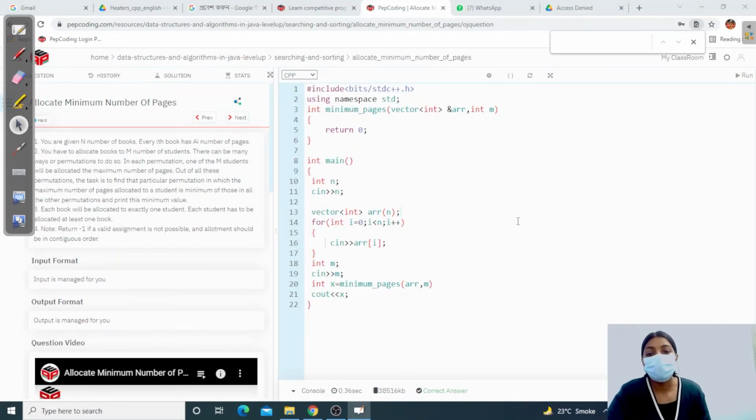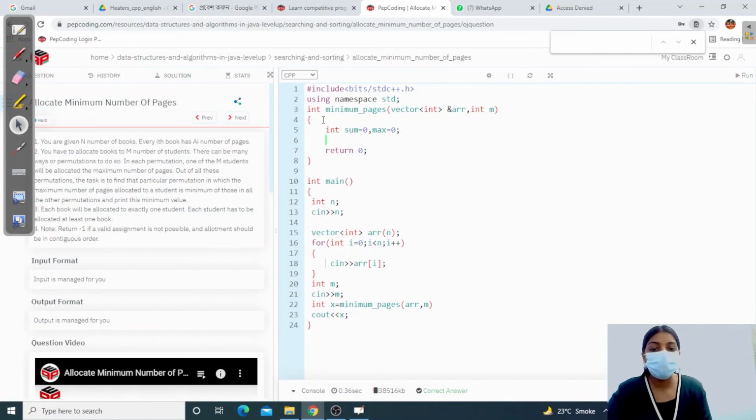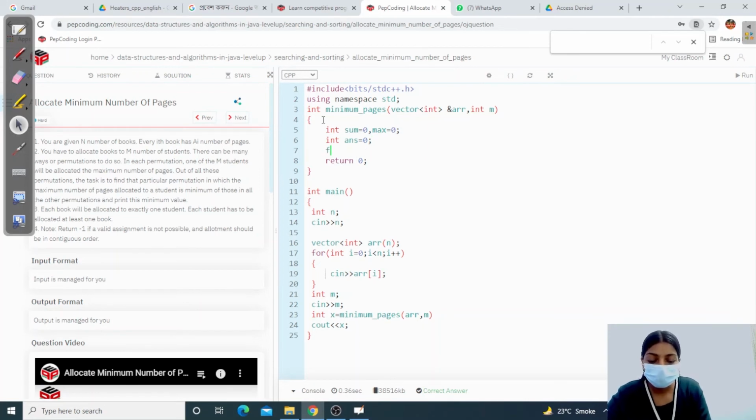Okay, so let's start writing the code for this. First of all, what do we need? We'll need a sum, which is initially equal to 0, and will be equal to my highest, that is the sum of my array. And we'll need a max, that is the max of the array, that is going to be my low. So first of all, for int i is equal to 0, i less than n, that is equal to arr.size()